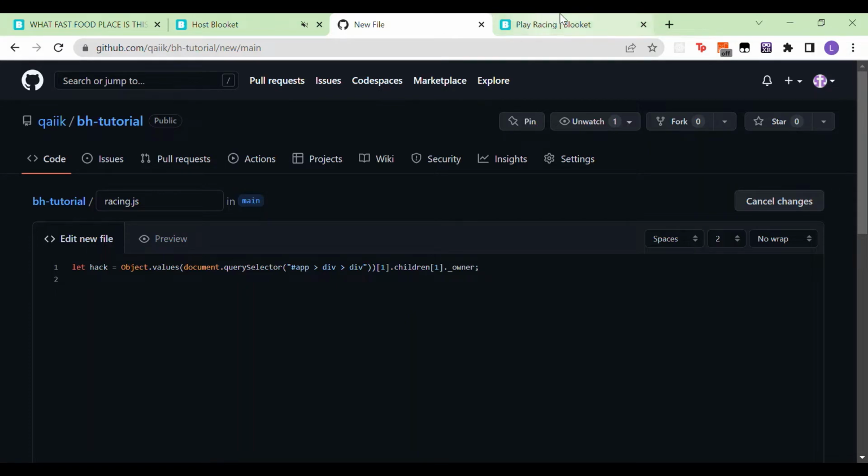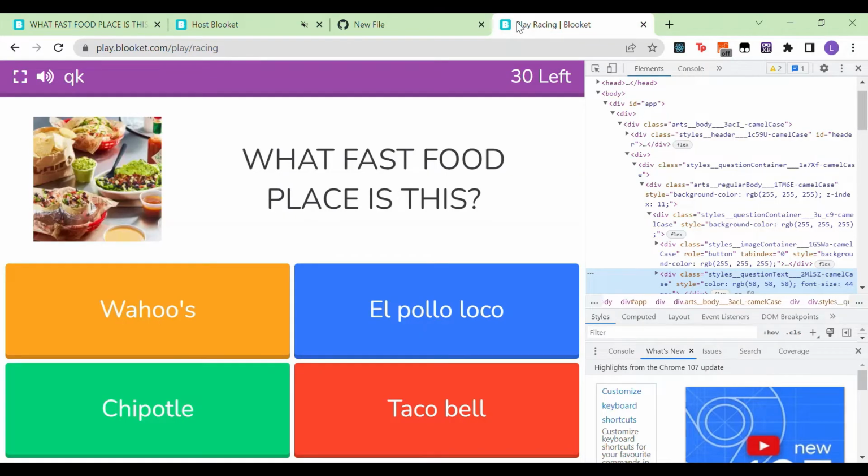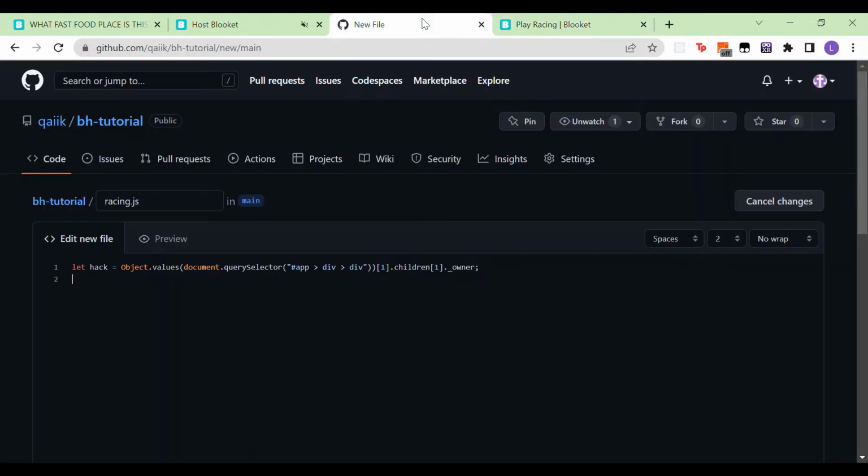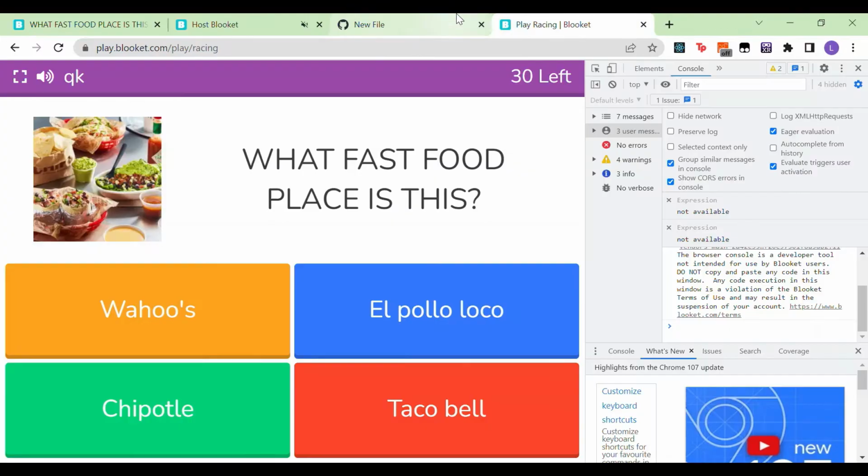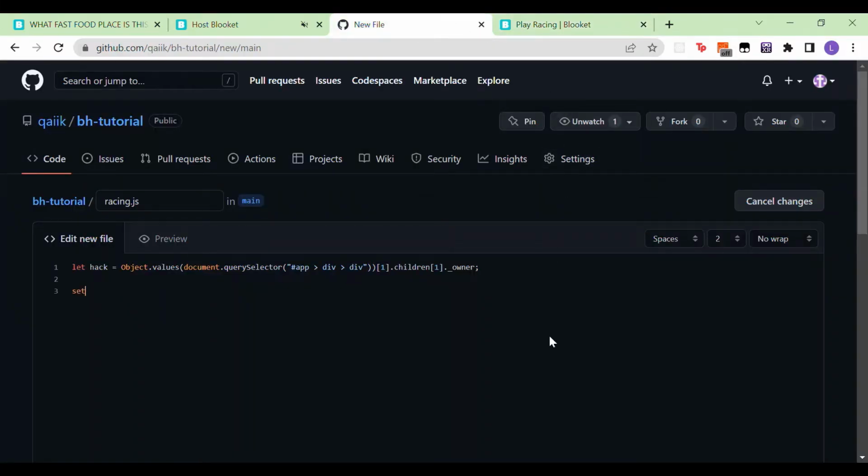Children1.owner. Now we're going to take the question and the correct answer. We're going to do a setInterval, and we're going to call it answer, and let's say every 20 seconds. Now function answer